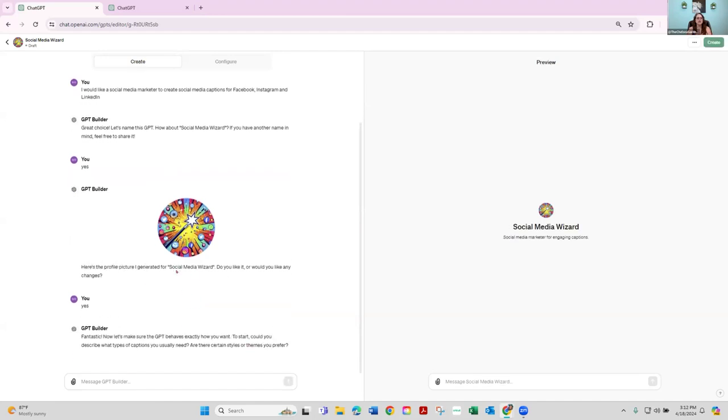So now it's going to ask you questions. It actually prompts you how to create the GPT. It says, let's make sure the GPT behaves exactly how you want it to. To start, could you describe what types of captions you usually need? Are there certain styles or themes you prefer?